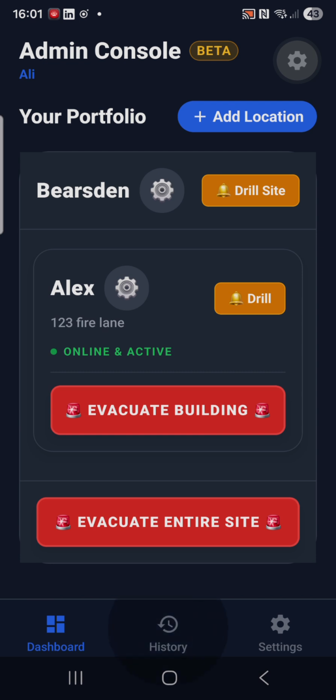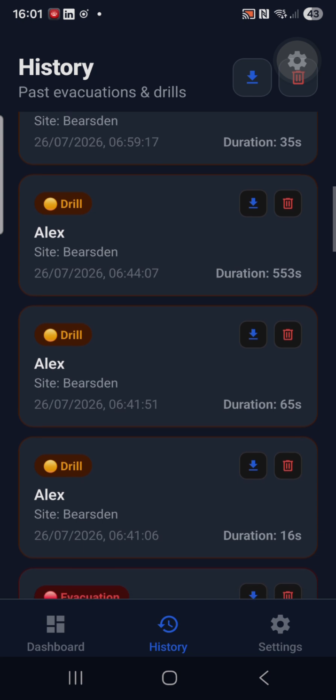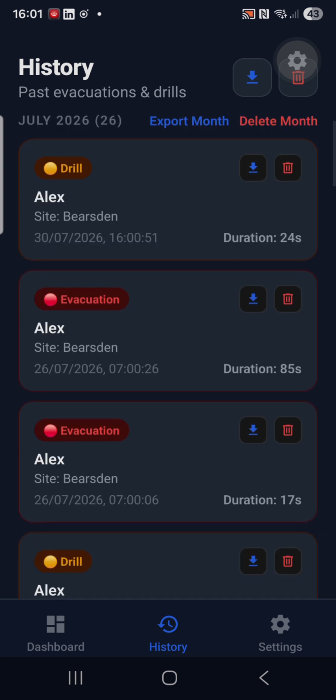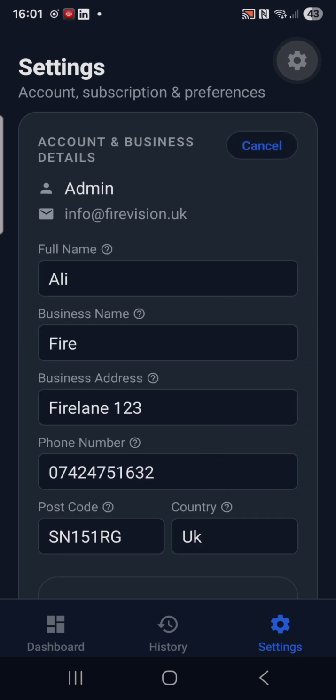You can go to history to see all your tests and evacuations. You can delete them, you can export the data, and you can share them by email, WhatsApp, or record them as CSV files. Admin will have their own account settings,